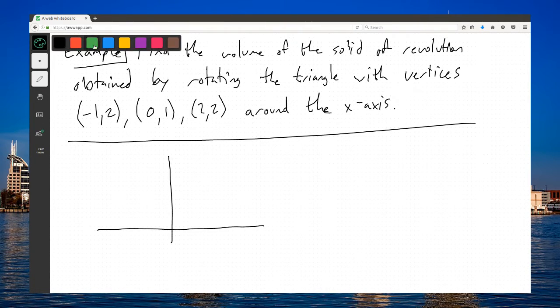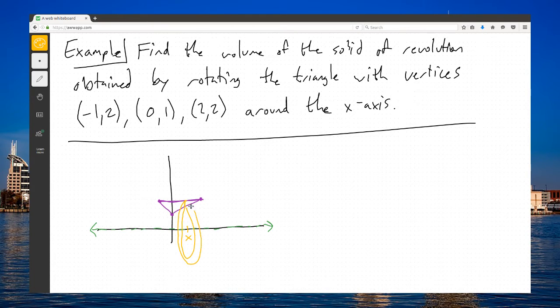My x-axis is down here, and I'm revolving the region from (-1, 2), (0, 1), and out to (2, 2). So here is my triangle. Now, let's note that it would be difficult to do this problem using the washer method. If we have a horizontal axis, it might be tempting to pick an x value and do a washer method,